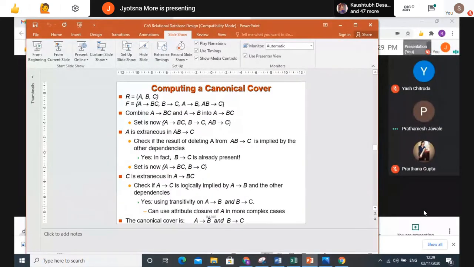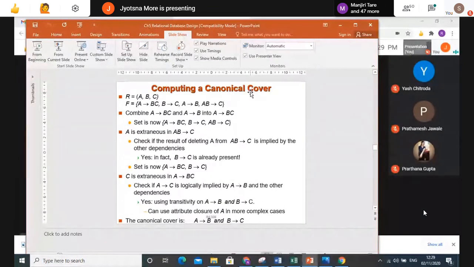So here, when you have to find the canonical cover, it means you have to find the minimal set of functional dependencies. You have to find which functional dependencies are redundant in a given set, or find the extraneous attributes in your set. After removing the extraneous attribute, you have to check whether the same result or same attribute you can determine with the help of some other functional dependency. Then only you can say that attribute is extraneous, right?